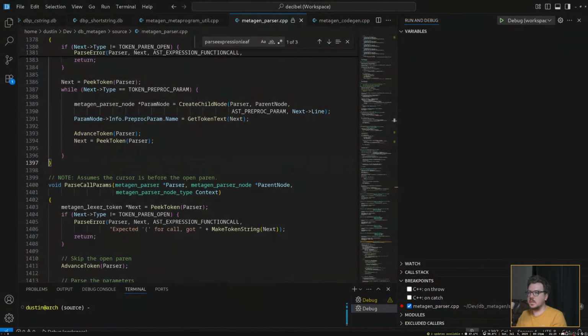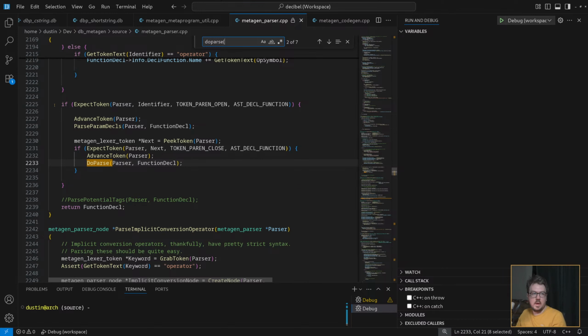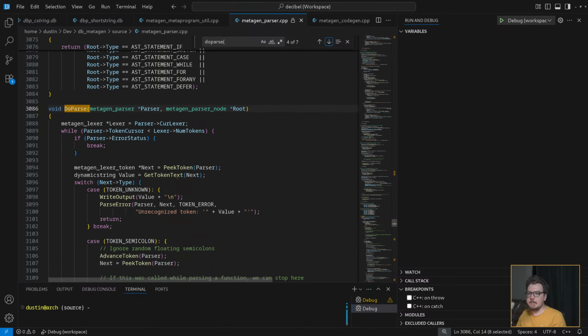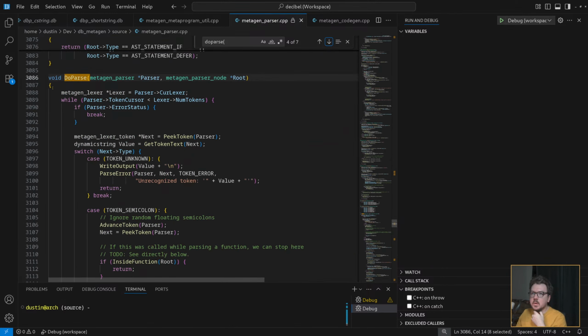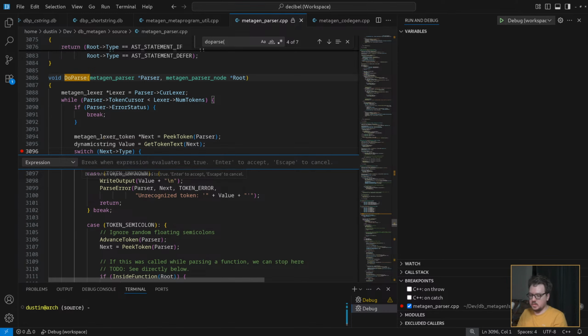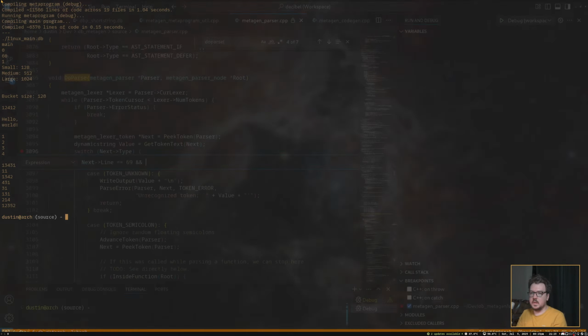We're on line 69, so let's go back to do parse here. Let's go back to do parse and grab next and say next line is 69 and the file starts with an L. Let's just say that.